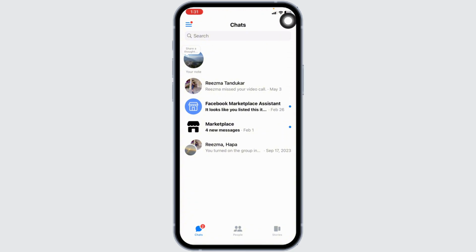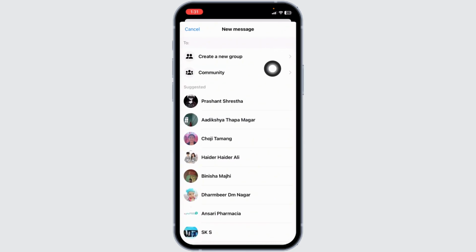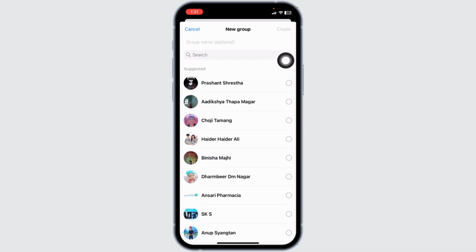Now at the top right corner, you will find this icon. Click on it. Now here you'll see this option of create a new group. Click on it. With that, you're going to find your friend list. Now from here, you can check in for the friend that you want to add in your group. In this way,